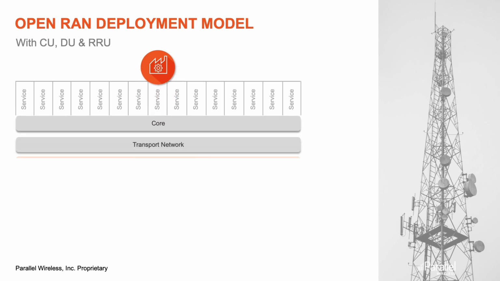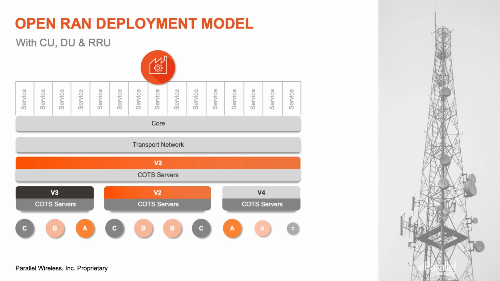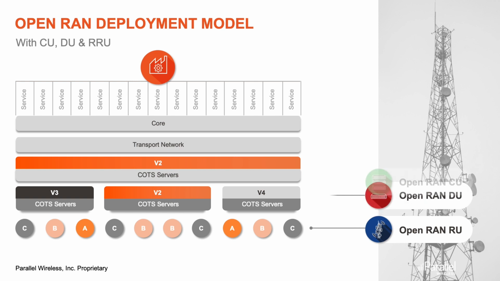Now we also see the different Open RAN components, such as the Open RAN RU, DU, and CU, which are part of the radio access network. And these are the elements which are defined as having open interfaces and can be mixed and matched between vendors when using Open RAN. We can see here that the baseband, which is represented here by the Open CU, is